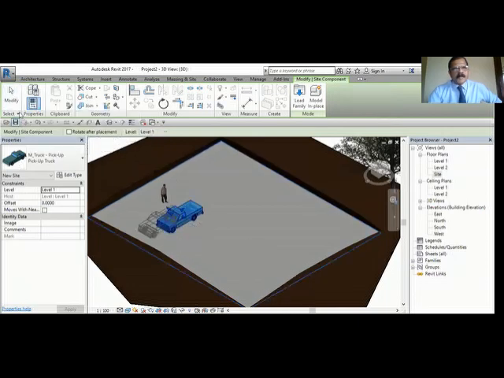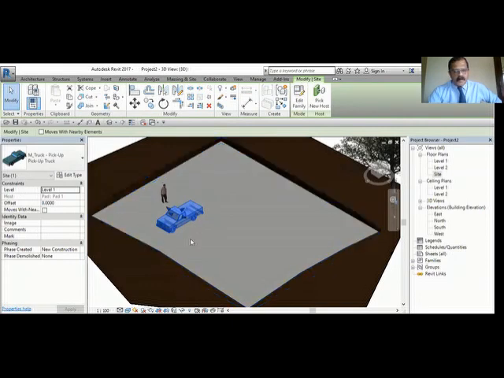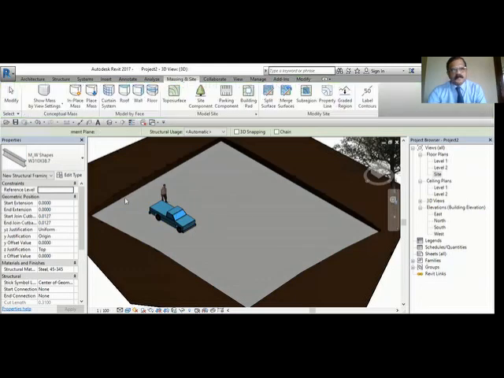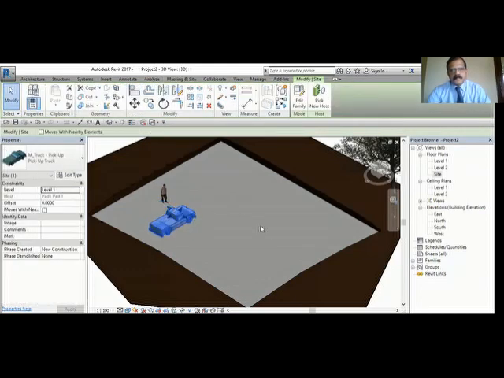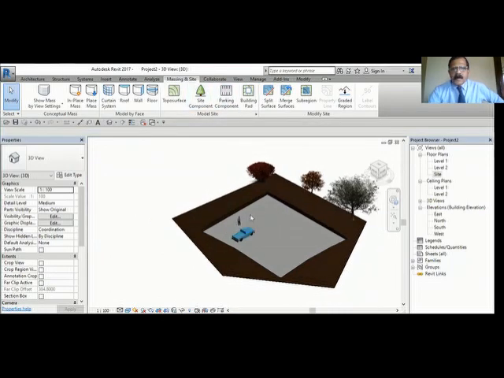You can rotate this. Select and rotate, or you can use the space bar. You can use the space bar to rotate, or use the rotation here. So this is how you bring this one.